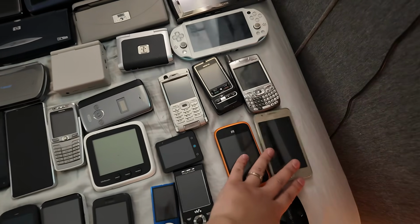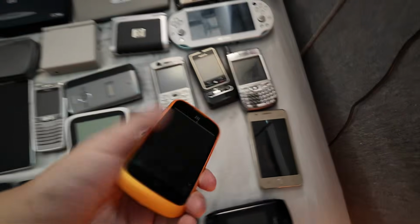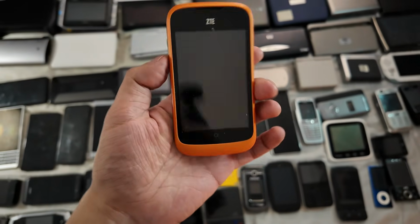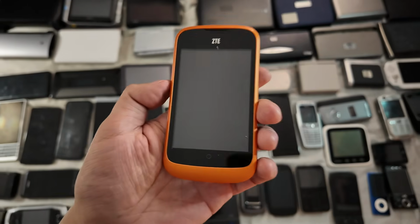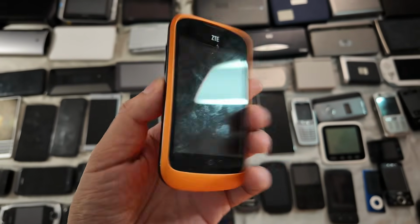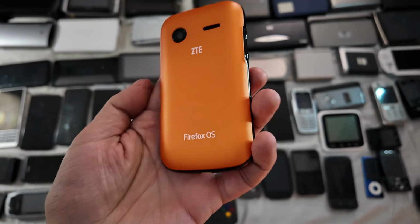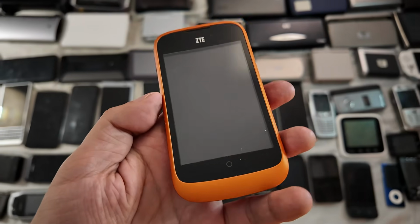Okay, I think these are the last two I didn't talk about, right? Both of these run pretty unique operating systems. So this is the ZTE OpenC from 2014. It runs Firefox OS. So yeah, believe it or not, Firefox actually had an operating system. And yeah, you can see there, Firefox OS. So that's the reason I have it, is it runs Firefox OS, a pretty unique operating system that not many